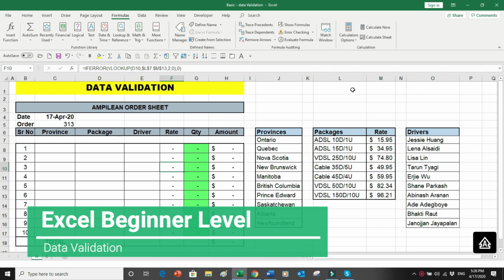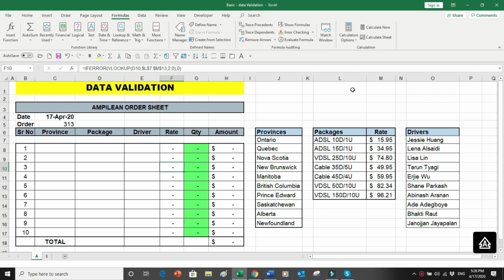Today we will learn a topic called data validation in our series How to Become a Financial Analyst. So what is data validation? Data validation is where, if you are creating a template and sending it to other users in your company or somewhere outside your company, they are restricted to inputting only the specific data you allow into the cell. They cannot input anything other than that.